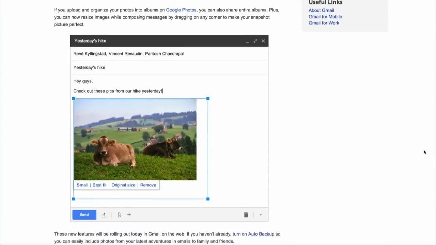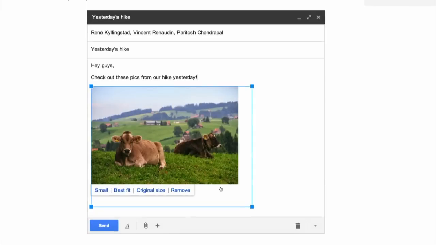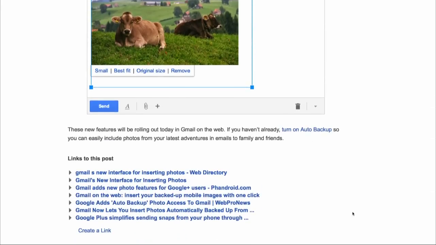It's really nice. You can insert an individual photo, you can insert an entire album, and in the Compose window you can resize the image, which is really nice because we all know what it's like to get an email from someone with a giant image that's the wrong orientation. So look for that in your Gmail Compose window on the web now. It's just an insert photo button down on the toolbar at the bottom. That's all I got. And that's your changelog with Gina Trapani.